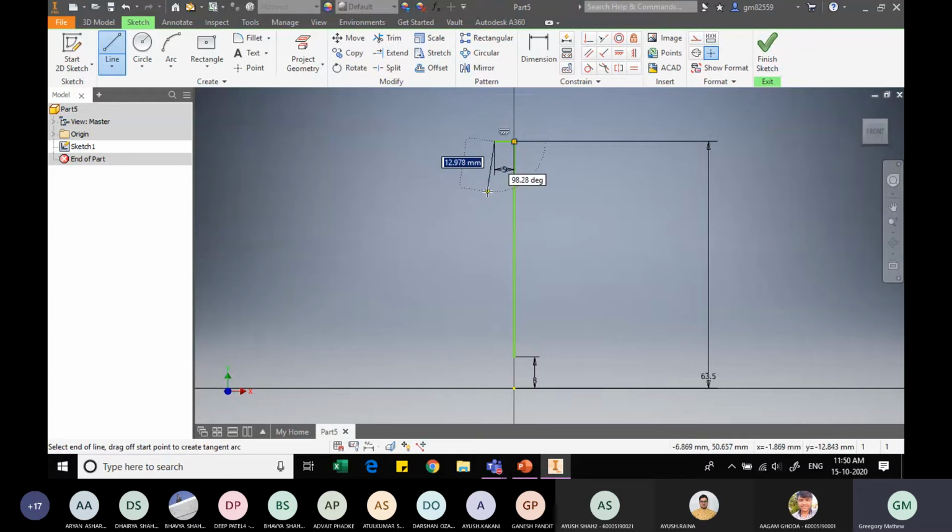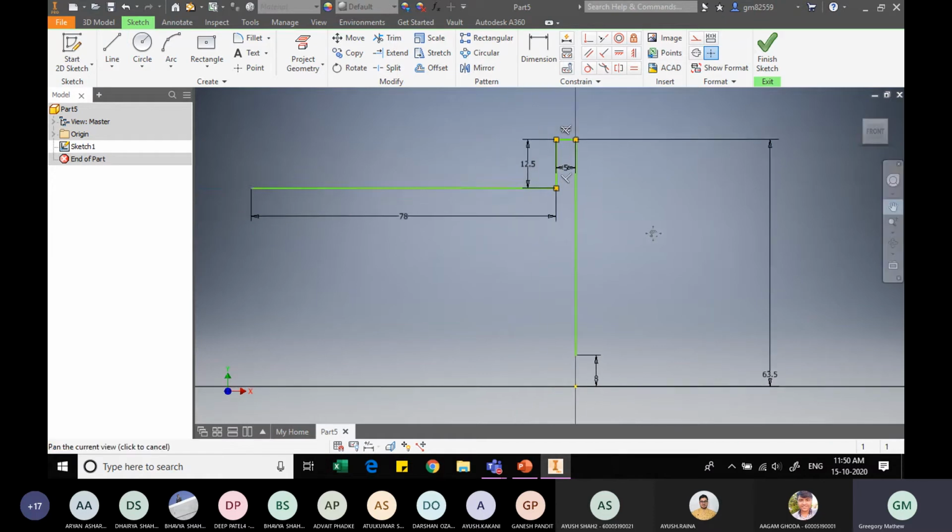I will finish this, and likewise I'll go forward. I'll keep on completing my sketches. It is 12.5 mm down, and from here it should be, reading from the diagram, I think it is 83 minus 5. So 83 minus 5. Okay, let me now reduce this size. Okay, no, let me just pan it here.